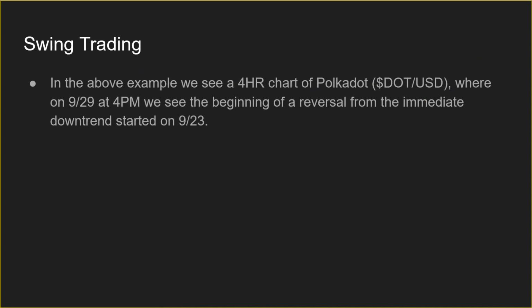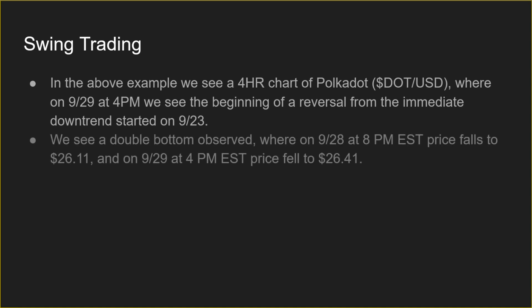So once again, we saw the beginning of the reversal from the immediate downtrend that started on 9/23. We saw a double bottom observed. On 9/28 at 8 p.m., price falls to $26.11, and on 9/29 at 4 p.m., price fell to $26.41. So generally, bottoming out in the same range, and also the indication that price falling to this new low,